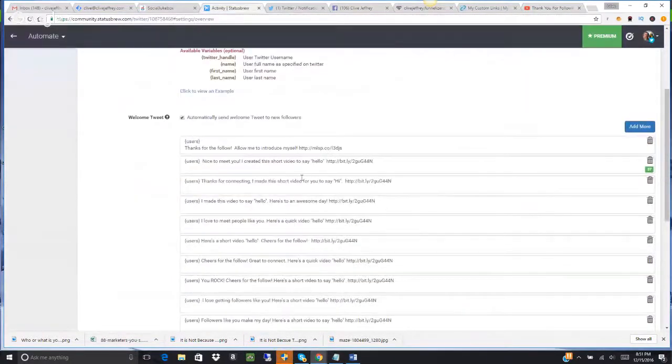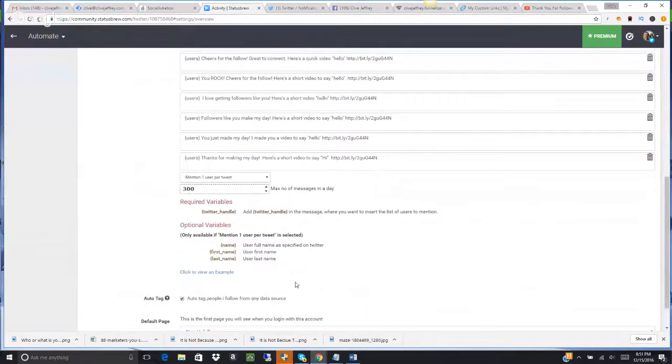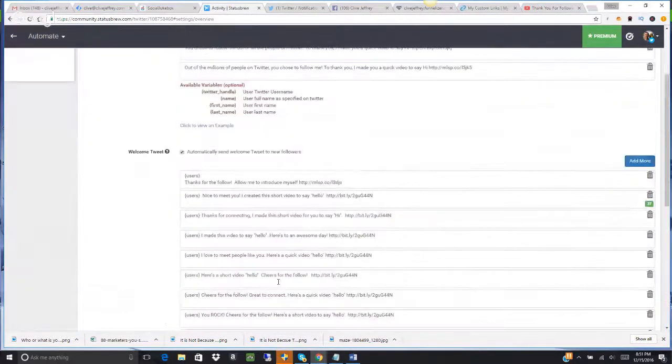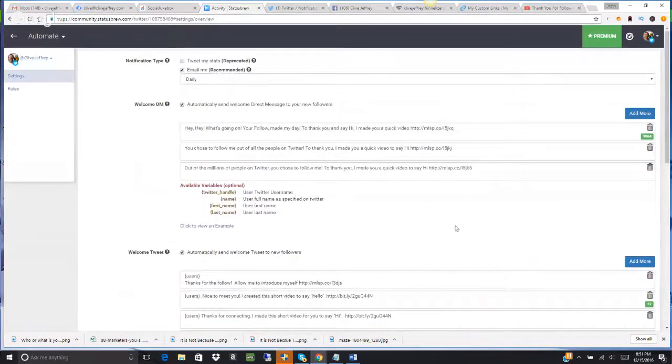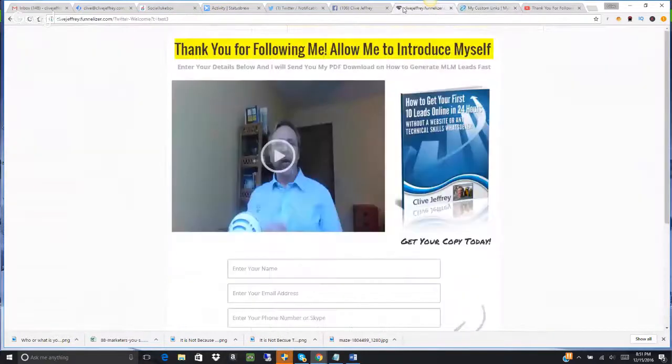So go spend a little bit of time writing out some of these messages, setting these things up properly, using your tags, and then monitoring your tags. Once you get everything set up, start monitoring the number of followbacks on your tags. Check your links. I strongly recommend coming to get My Lead System Pro, because now, as I said, on this one that I'm sending people to now, it's sending them to,